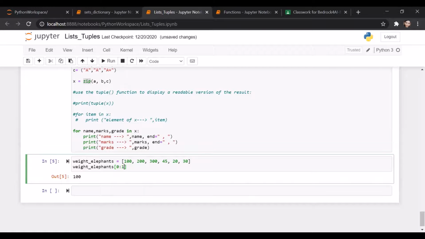So if I do 0 to 1, what will be the printout now? 100 and 200. No, well, actually, so whatever stop I provide, it just goes one less than that. It will just give 100 only. Okay. So now you should notice this difference in the output though. In this case, I got an element 100. When I do slicing, this is still going to read just one element because it stops one before the stop, right? If I've provided stop as 1, it will go only up to 0.